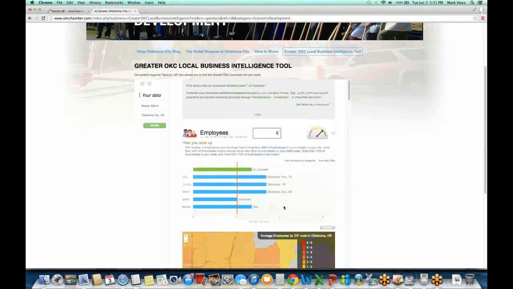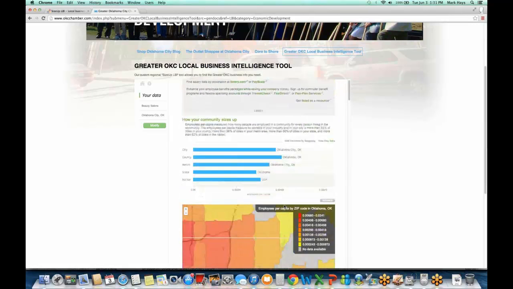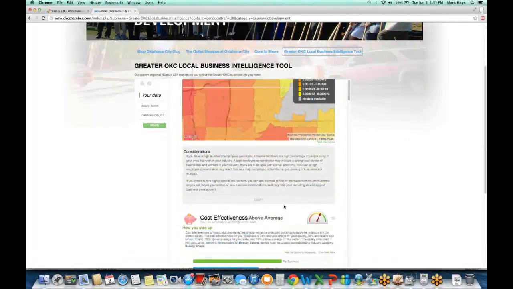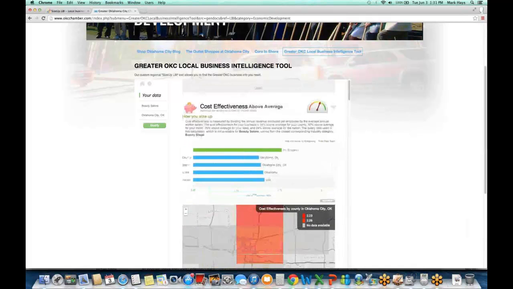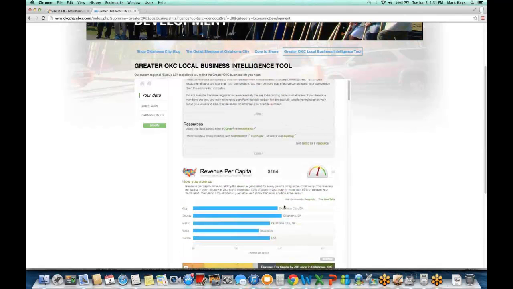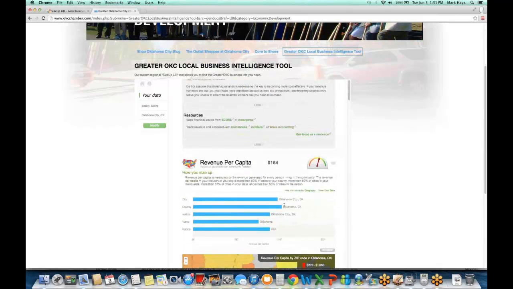And then after you type these things in, the tool is going to think for itself a little bit. So it's going to tell you things like how cost effective you are. This might tell you that there might be room for more revenue if you did hire another employee or 2. It's also going to tell you expected revenue per capita. These are dollars out there. It's up to you to figure out where to capture them. If they're being spent, let's capture them. Let's use the rest of the tool to figure out where they're being spent.